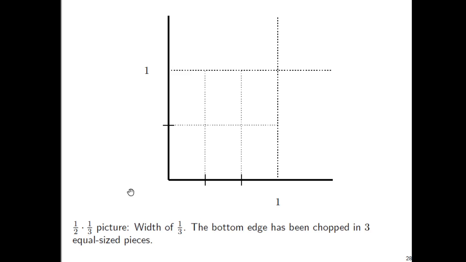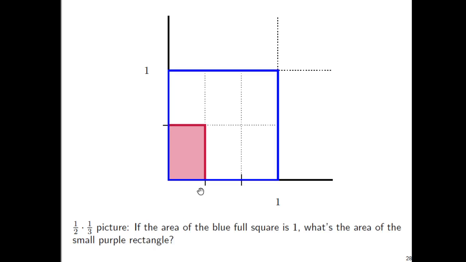Okay, and then we need a width of 1/3. To get 3 equal-sized pieces on the bottom here, I had to cut twice. So 2 cuts create 3 pieces. And so then 1/3 would be from the left corner up to where that first tick mark is. So you see now 2 different colors going on here, but the lower left is that rectangle that we want. It is a rectangle of height 1/2 and width 1/3, and it's part of this bigger square, outlined in